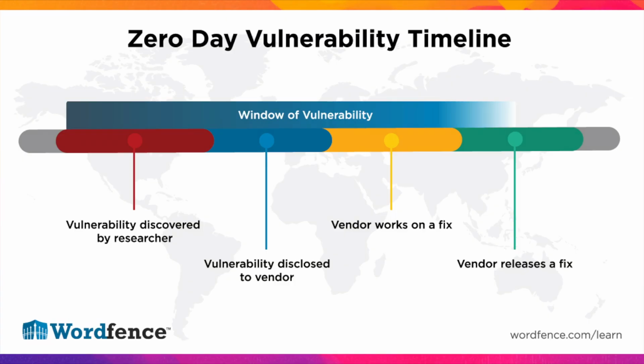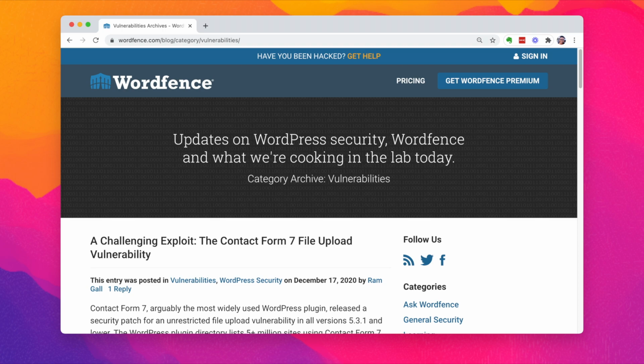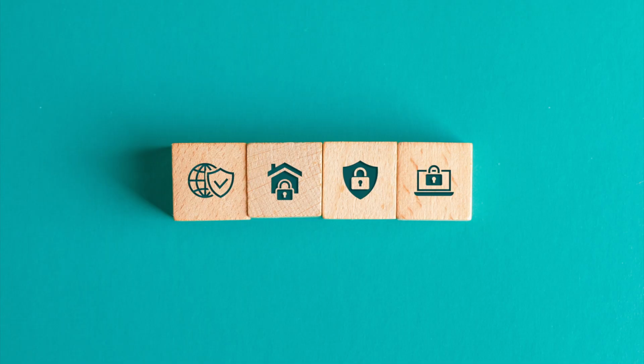A zero-day WordPress vulnerability might mean that the firewall doesn't have enough information to block the attack, since the vulnerability is so new. For this reason, you should rely on vendor responsiveness and reliable software in addition to your firewall. Check reliable sources like the WordFence blog to learn about vulnerabilities before updating software. Remember, no one tool can do it all. The more security measures you have in place, the safer your site is.